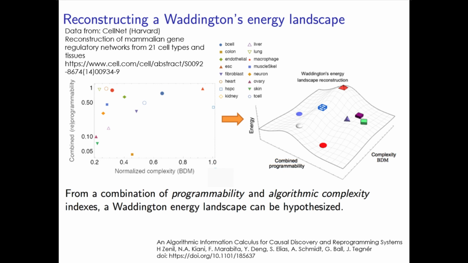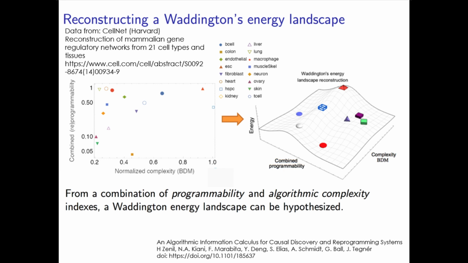The experiment makes a lot of sense if you think about it, because all cells ultimately come from the same very first cell that we call an embryonic stem cell, denoted by the letters ESC, from where all other cells come from. And what we found was not only that the embryonic stem cell was on top of the reprogrammability measure, as you can see on both diagrams, but also that another type of stem cell called hematopoietic stem cell, here denoted by the letters HSPC, which are stem cells that give rise to all other blood cells,